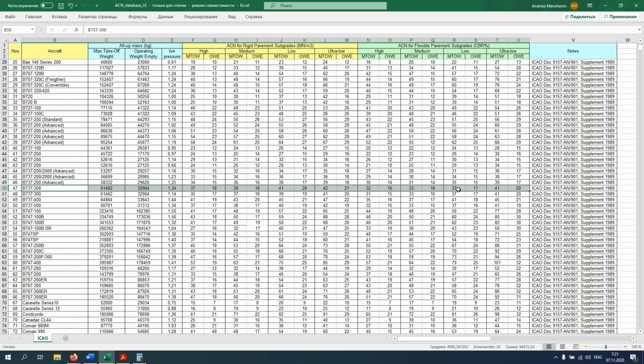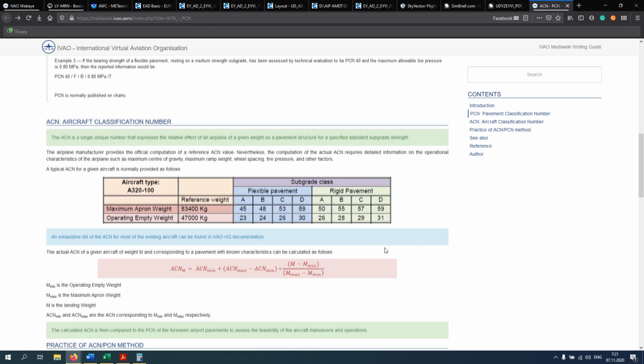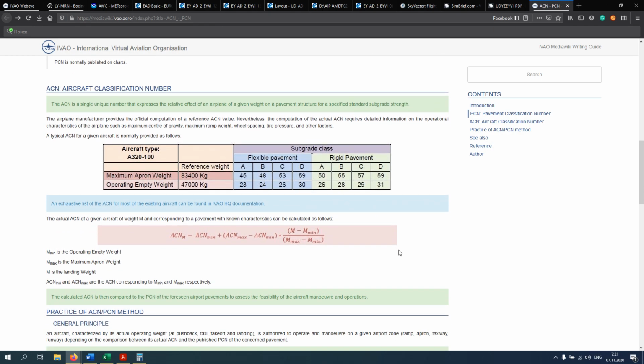No, not approximate, but these are numbers for maximum takeoff weight and empty plane, and none of these numbers are exactly for our case. This is just from minimum to maximum, and our number will be somewhere between these two. So in case we need to know the exact number,